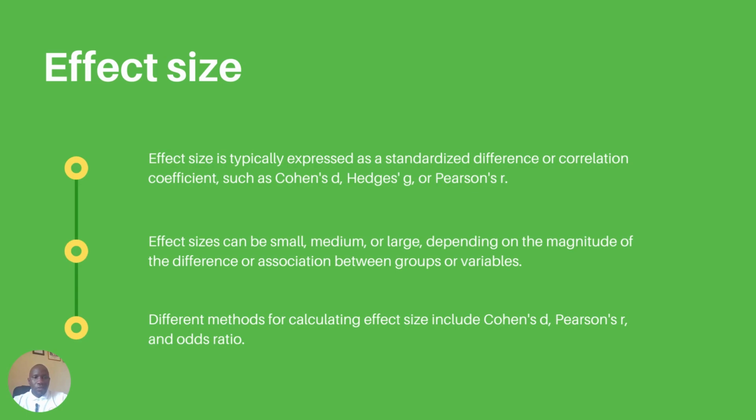Effect size, which we said is that effect that you're actually trying to detect. Okay, as a researcher, you should be able to detect it when it actually occurs. That is your interest. So how do you express effect size? There are many constants that you can use in doing that. Okay, but basically, if you have small effect sizes,